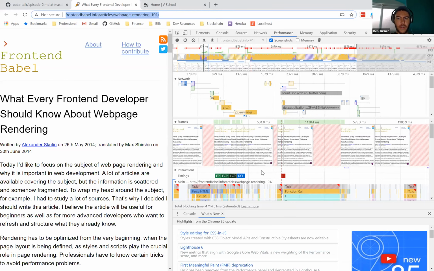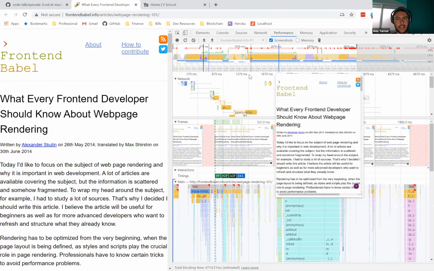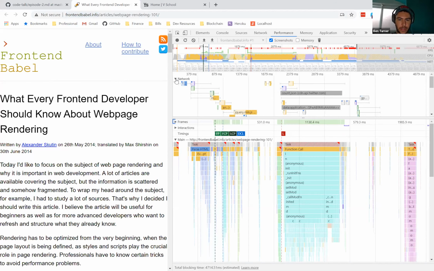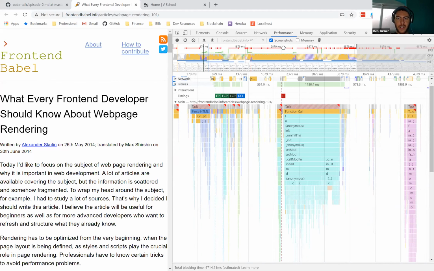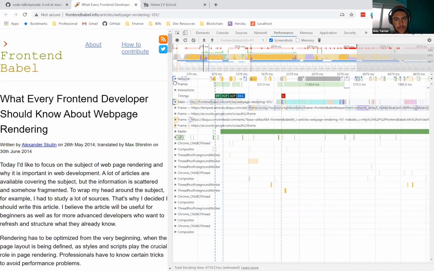Now let's take a look at this mess here. This looks insane. This is a lot of information, and I would expect anyone to be completely overwhelmed looking at this. So if you're overwhelmed, that's okay, so am I. But we can navigate this in a pretty simple way.